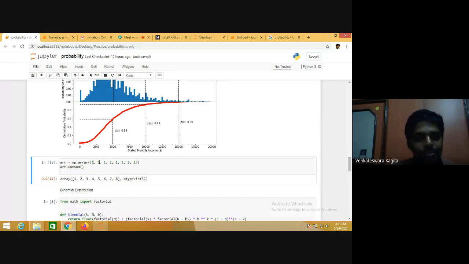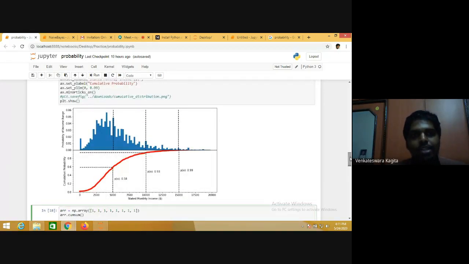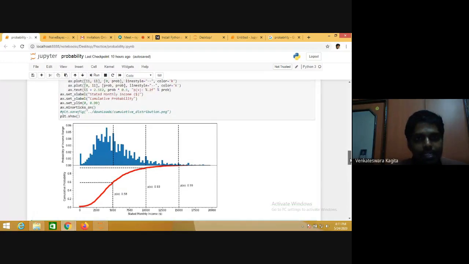At the second value, it is 1 plus 1, that is 2. And at the third value, it is 1 plus 1 plus 1, that is 3. So you can see that the cumulative sum is being added at each and every index. So you just have to call array dot cumulative sum. Similarly, if you have an array of probabilities, you can just call cumulative sum on that array.